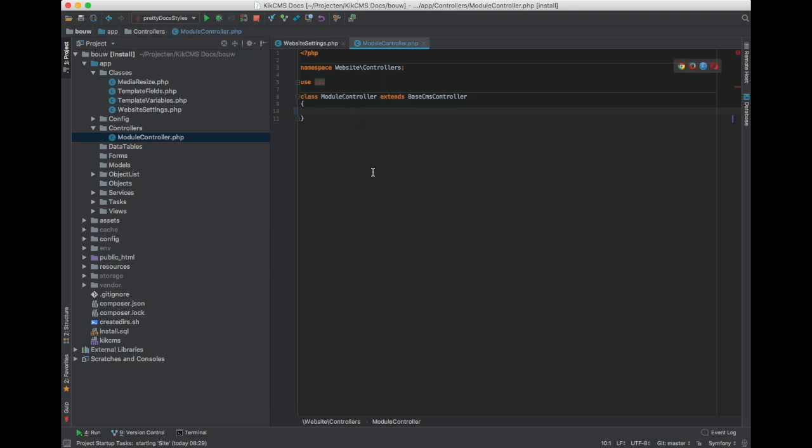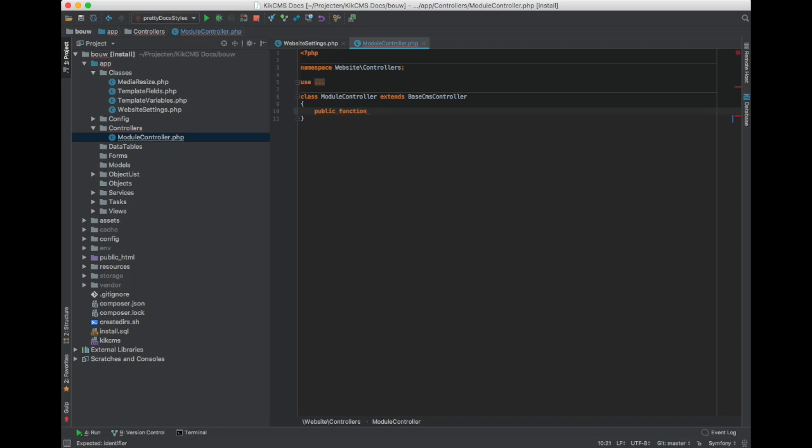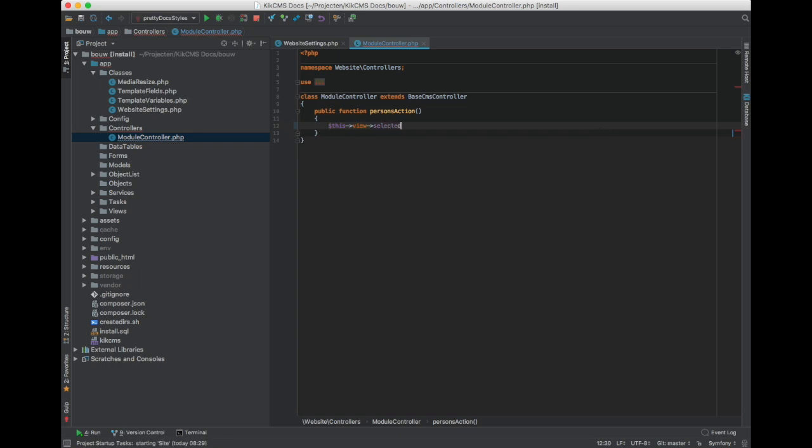So now we're going to add the method in the controller. We're going to add the person's action, and then we'll set some view items so we can view the menu we're going to create. Here I'm setting the selected menu item, so it's going to highlight in the menu on the left. And also I'm going to add a title,